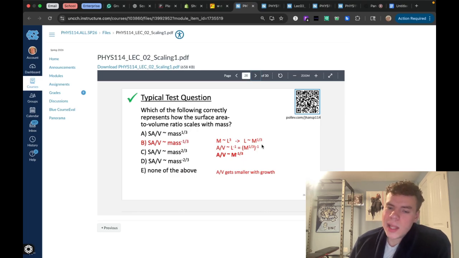If you know that mass is equal to length cubed, you know that length in and of itself is equal to mass to the 1/3. So if we knew from the previous question that surface area divided by volume is equal to length to the -1, that means mass to the 1/3, to the -1, is what that is equal to. And then yeah,